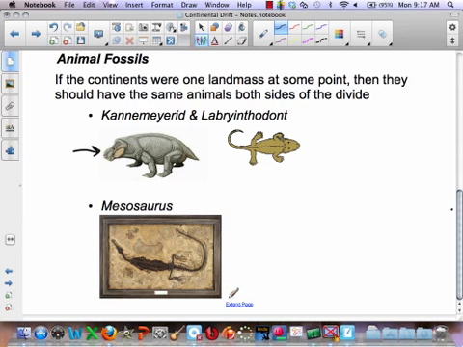Your book talks about some of the plant fossils as well, specifically looking at ferns. And that's, again, something that's worth reading. So one thing that you guys might want to do for your homework tonight is to actually read through chapter 17. And chapter 17 is basically what we're going to be working on for the rest of this week.